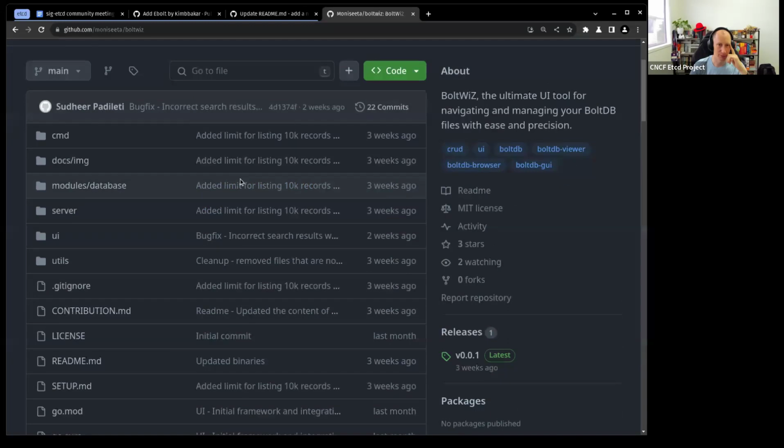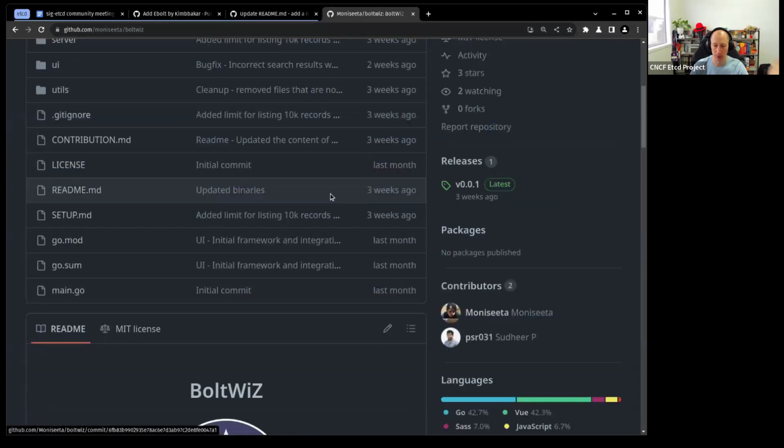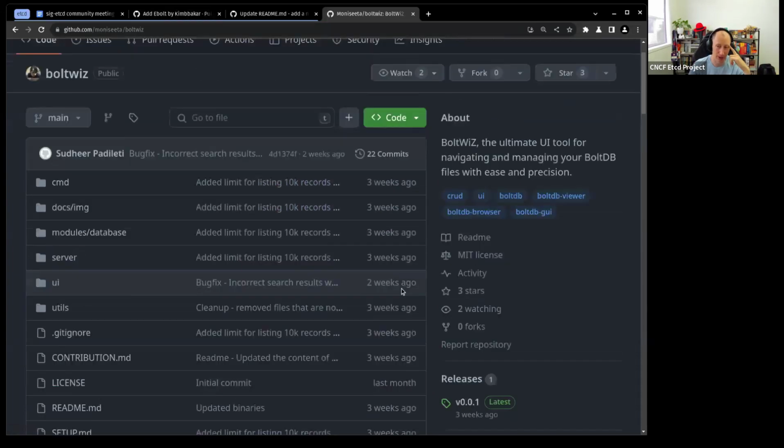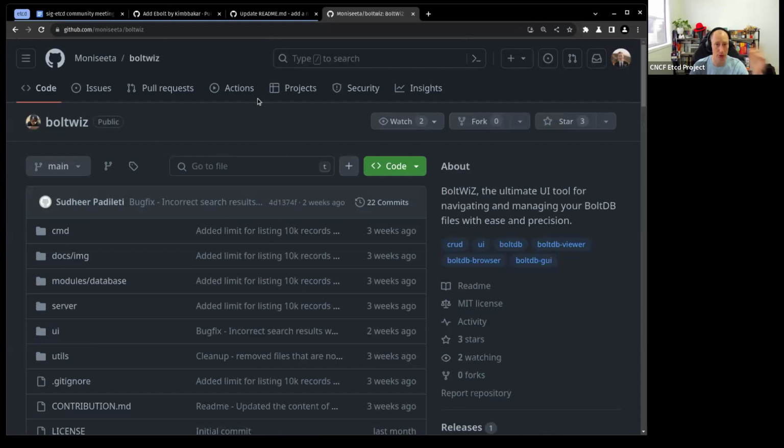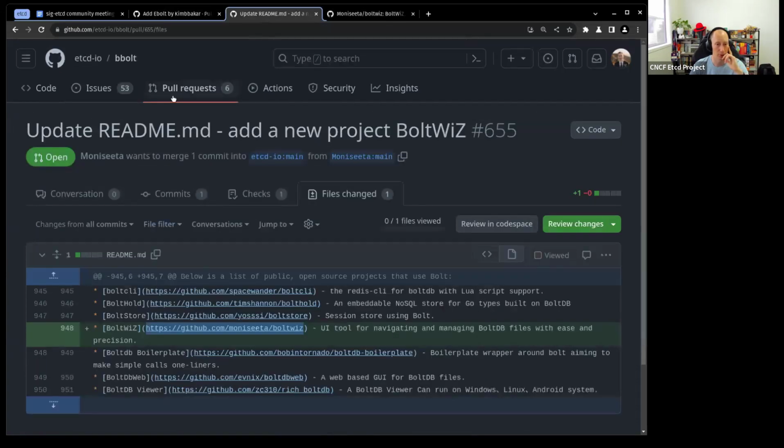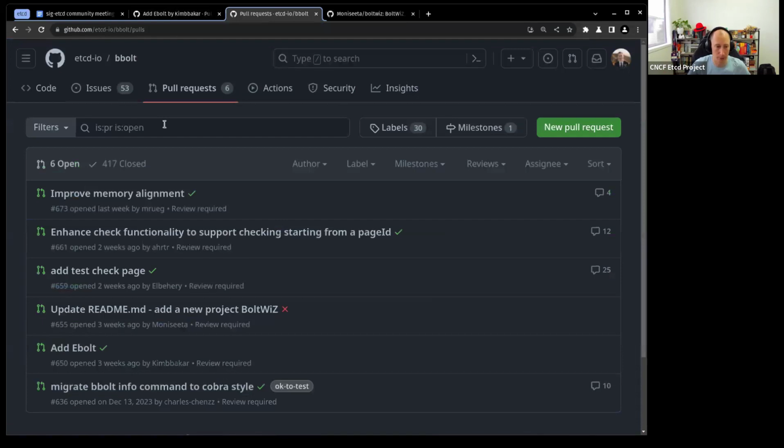Yes. So I'm happy to reply to these pull requests. I mean, this one here I think is pretty straightforward. It's only been around for a few weeks, a month at most. It's only got 3 stars. It's a new project. I'll reply to this contributor and say, hey, thanks for proposing your project to be included. At this point, it's still a bit new for us to be able to list it in the bbolt README, and we would need ideally some more popularity and use of the project, potentially through GitHub stars as an indicator. So I'll reply to that one.